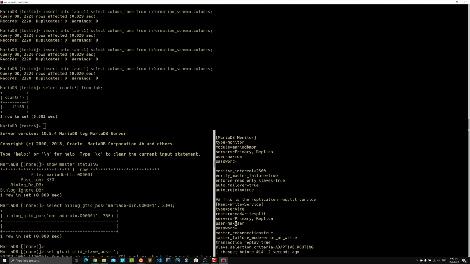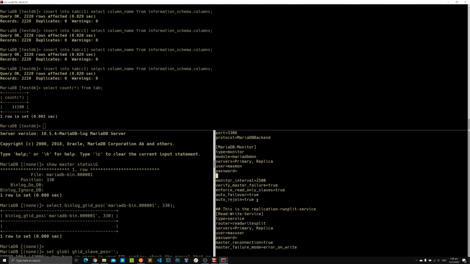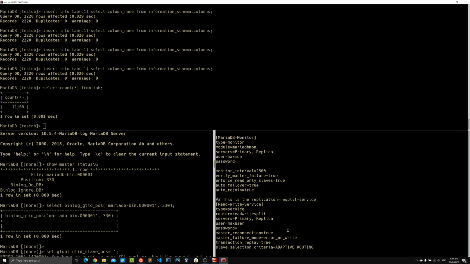And this read write split service is going to use these 2 nodes. Again, if you have 10 servers but you only want this read write splitting service going on between 2 or 3 nodes, you just need to give those nodes here. You don't need to define all the nodes here, but generally it's a good idea to have all the nodes so that you can make use of the entire cluster. Similarly,